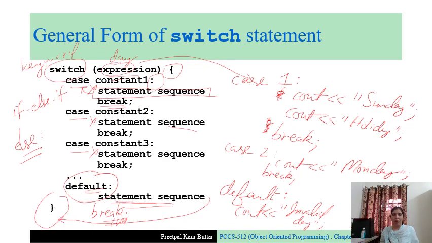So whether you put a break or not, the control will move to the next statement after the switch expression. And what will happen if you do not write break here? If you do not write break, let me clear this stuff.